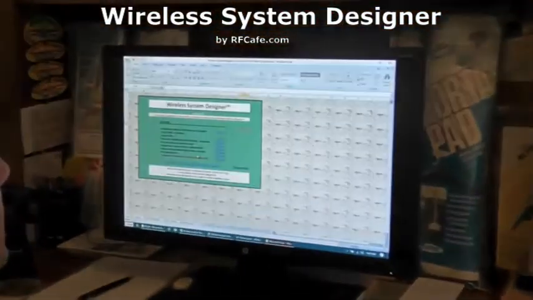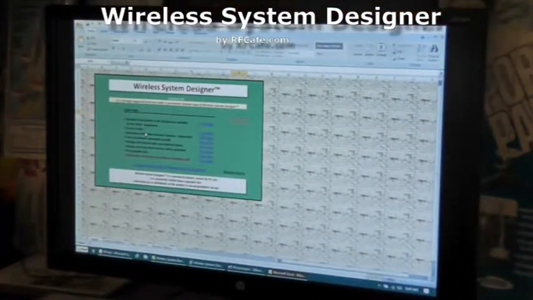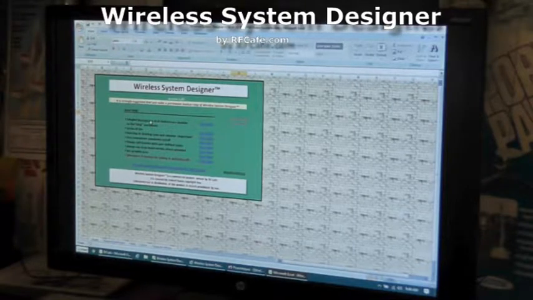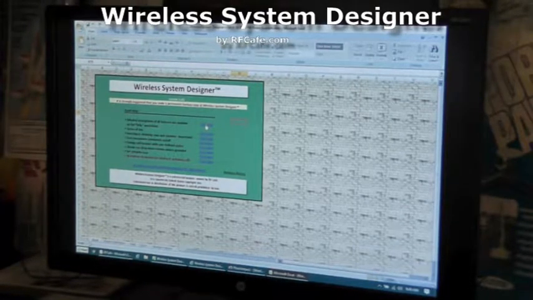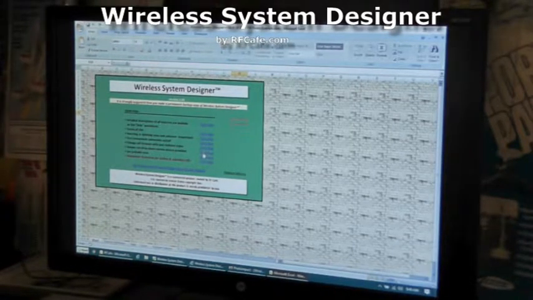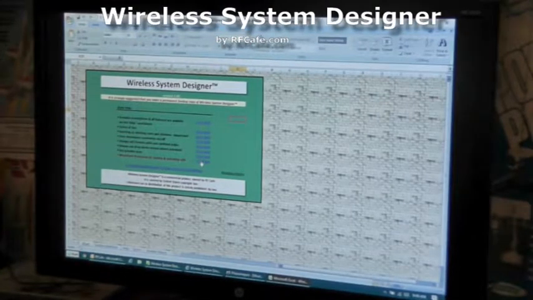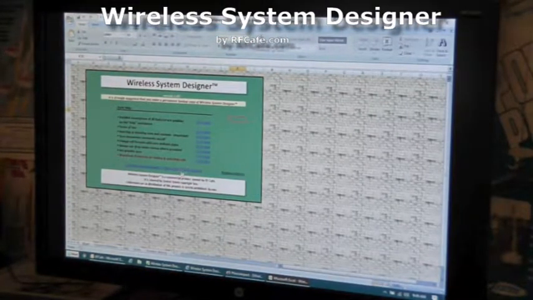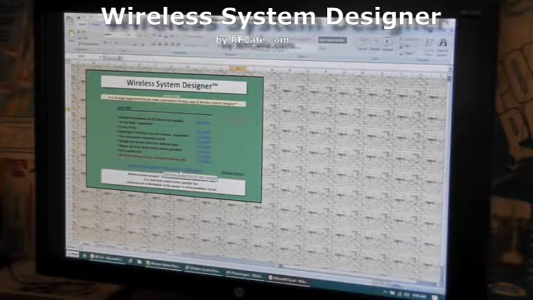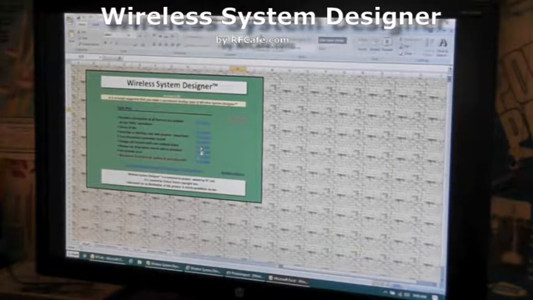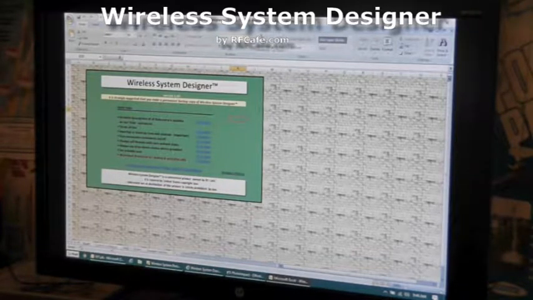This is just the entry screen. I have a few of the more important features listed here, and there's hyperlinks that go to different locations within the spreadsheet to get right to them. You can also go to the RF Cafe website to see what's going on. Now, I'm not going to bother clicking on any of these now, but real quickly we'll jump over to the